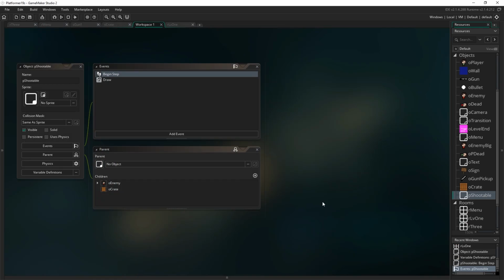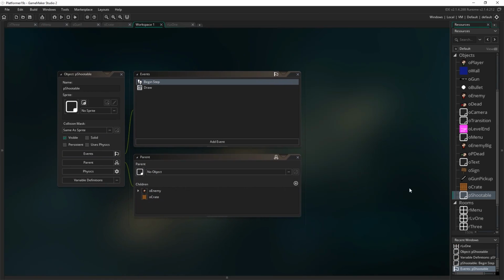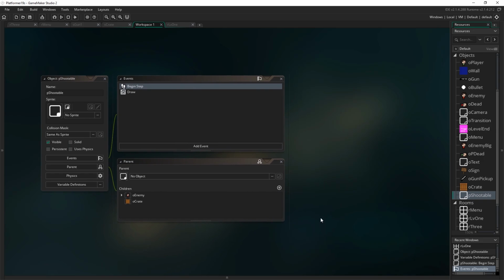Now, there is something we should talk about, how we've set this up, okay? Doing things like this, where we just add a parent in later on, is not exactly the best practice, okay? Not without a more thorough rethink and a more thorough replan and restructure. What you should generally try to do with parents and inheritance is plan these things out more ahead of time,